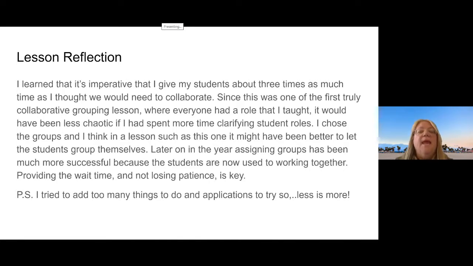And I think that because this is one of the truly collaborative grouping lessons that I'd done, where everybody had a role, it would have been less chaotic if I had actually just spent way more time with them clarifying their roles. I chose the groups, and I think in this lesson it would have been better if the students had grouped themselves,